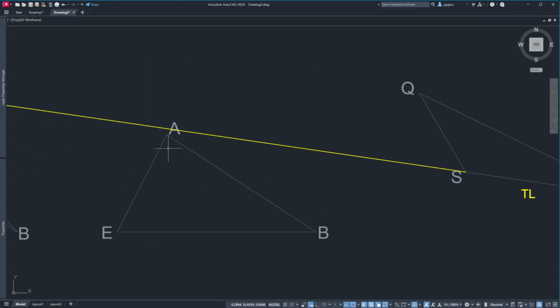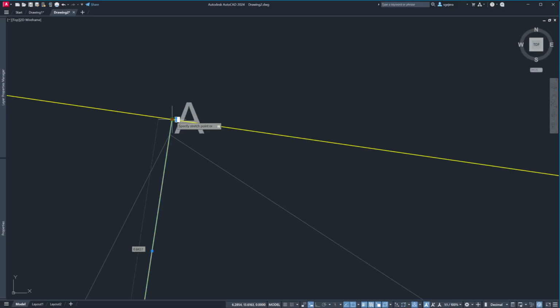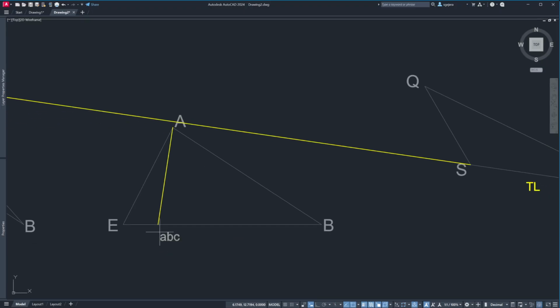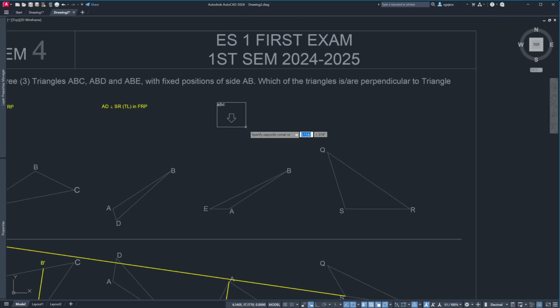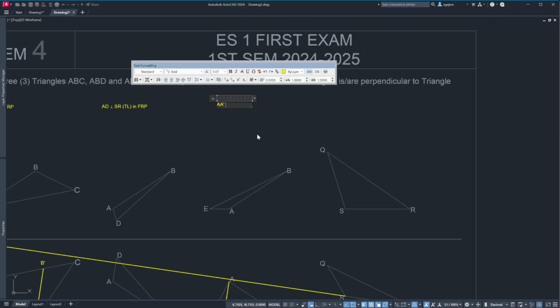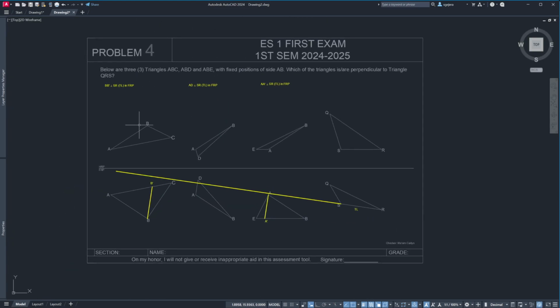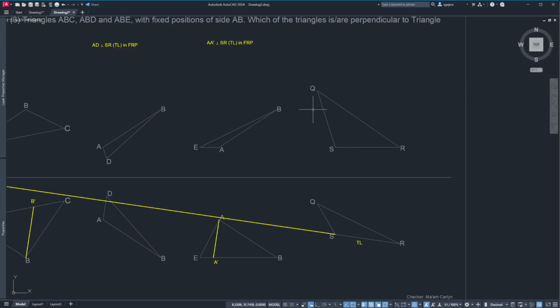Now, here, gagawin natin is I'll just use AA prime, no? So, ito, and I'll just extend this. So, that one, and I'll trim it up. This one, AA prime, let's label this A prime. AA prime is perpendicular to our SR, which is also in its true length in FRP. Right? So, need na lang natin to prove that these three planes are truly perpendicular to QRS,